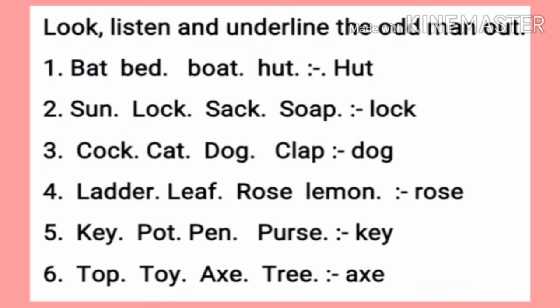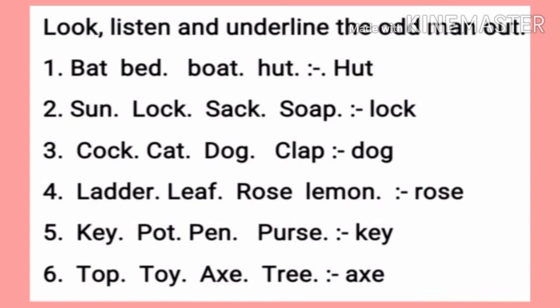So the fifth is KEY, key, POT, pot, PEN, pen, PURSE, purse. So key is different from the others because key starts from K and the others start from P.